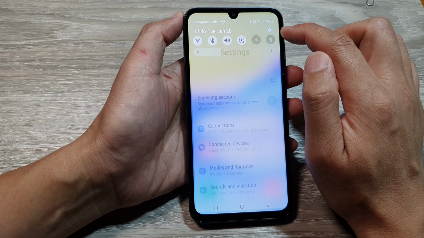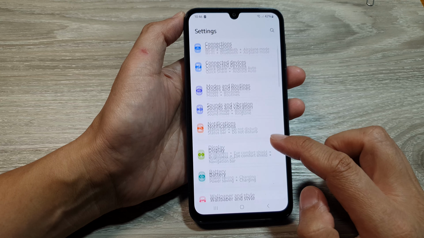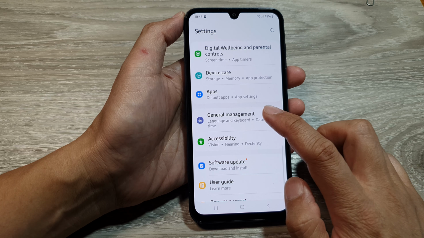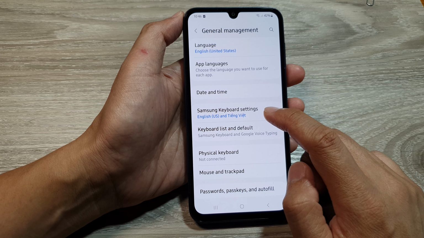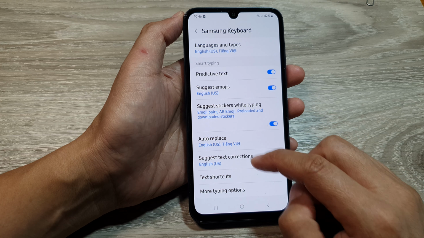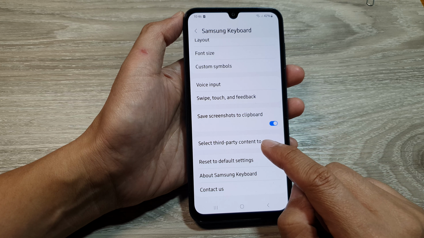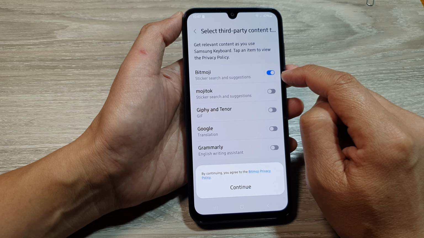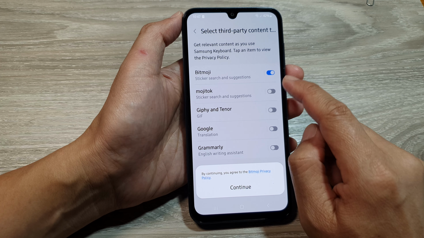Next, tap on the settings icon, and from here we scroll down and tap on general management. Next, tap on Samsung keyboard settings, then scroll down and select third party content to use. Tap on that. From here, tap on Bitmoji, tap on the toggle button to use Bitmoji or to switch it